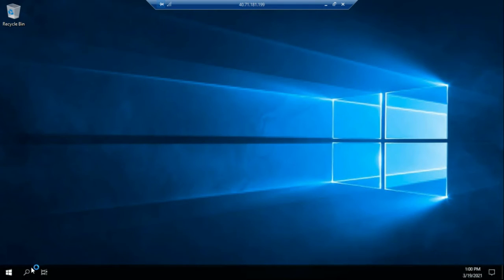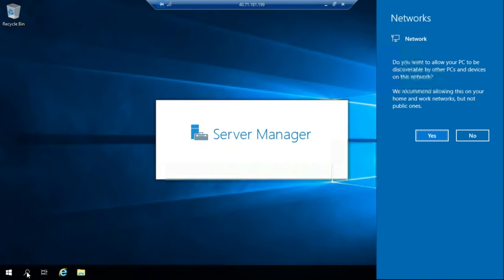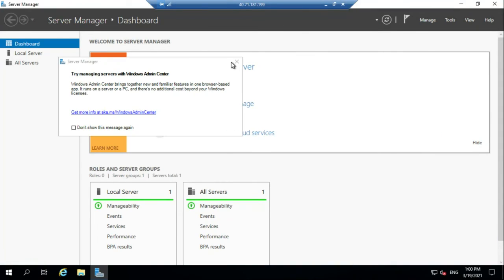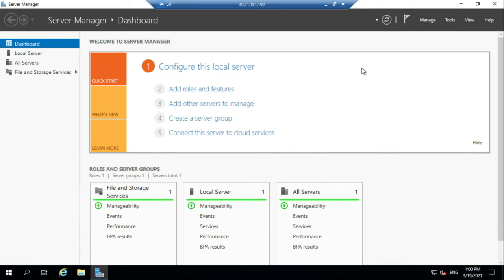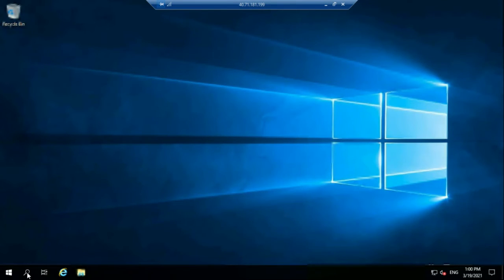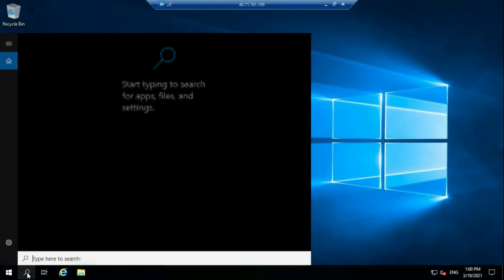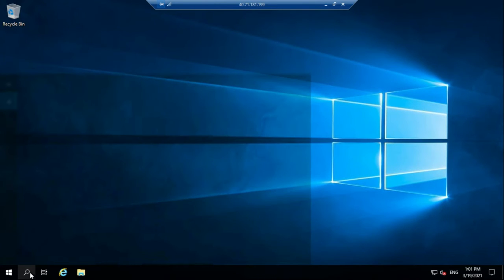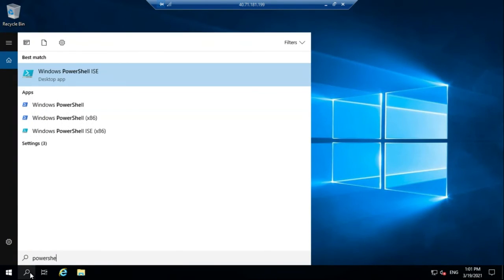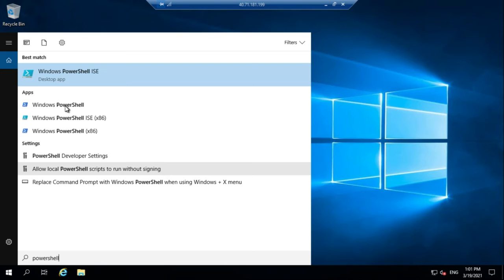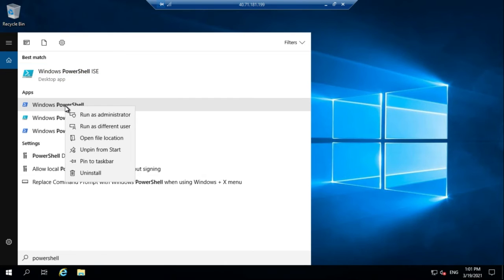So I'm opening here, click yes, so it will use our internet, close it, click here and open the PowerShell. Write PowerShell here, right click and run as administrator.